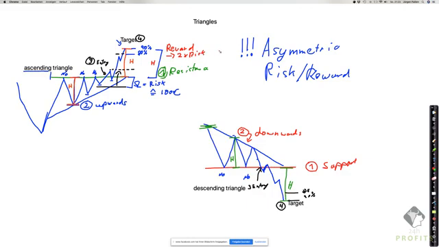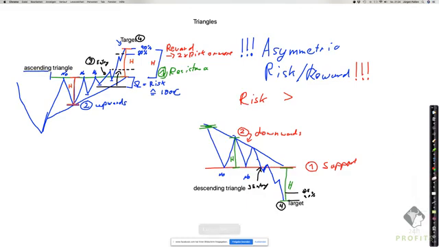Sometimes, depending on if you have very huge triangles, especially in swing trading, in certain commodities, you can have very huge triangles that go over weeks and months. And if you are happy enough or lucky enough to catch one of them, you can sometimes have 5, 6, 7, 8 times your risk, and that's when you make a lot of money. So always make sure that as a rule your reward needs to be bigger, but your risk,